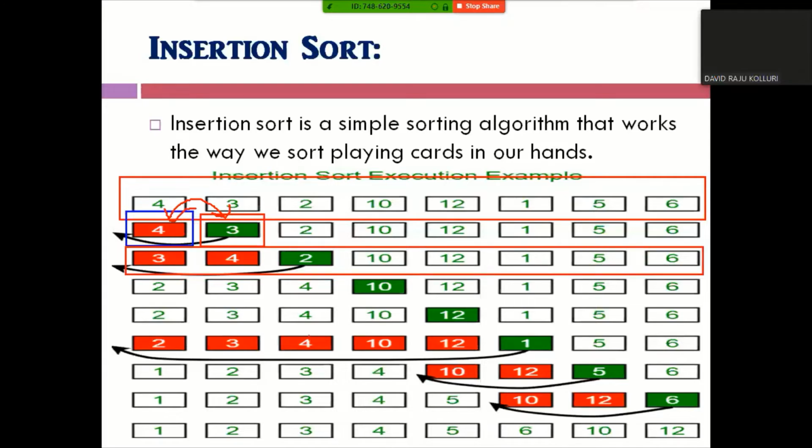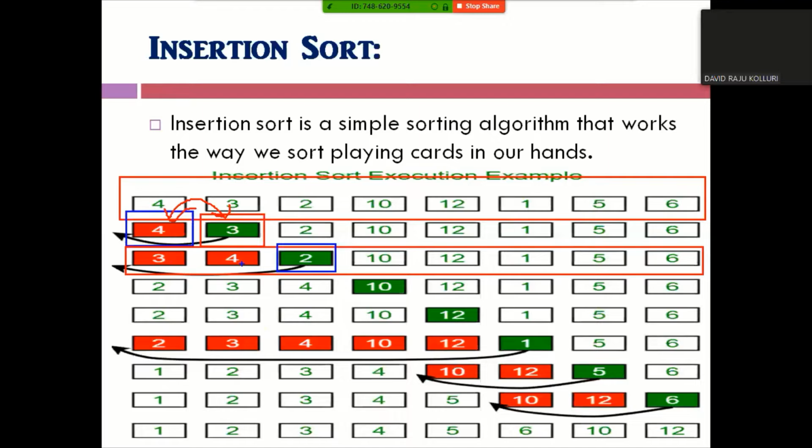Then we need to pick the third card, that is element 2. Pick element 2 and compare that 2 with 3 and 4. The position of 2 is before 3. So remove 2 and place it before 3, and move 4 to the second position and 3 to the third position.